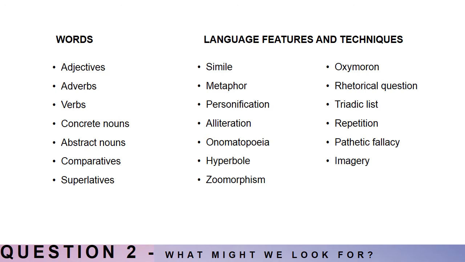Now, of course, remember, in an exam, sometimes we get a bit nervous and we might have a mind blank and can't remember the specific name of a technique that a writer is using. Do not panic if that happens. There is nothing wrong with simply writing the word or the phrase rather than not commenting on a quotation because you can't remember if it's a simile or a metaphor. It's much better to say word or phrase and pick out the quotation you really, really want to talk about